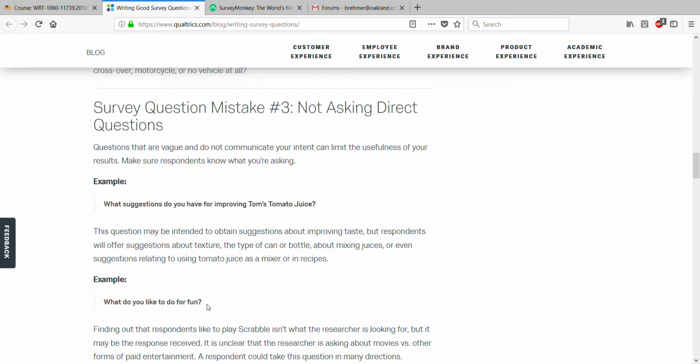The thing is, if you offer everyone a fill in the blank, even for closed-ended questions, people might write a lot and then you have to analyze it. And they might also fill in answers that just don't match. For example, I had students in a class ask closed-ended questions. They were good questions, but they just let everybody fill in the answers instead of offering them multiple choice answers. And for gender, somebody wrote in sex, chicken, robot. And of course that's not a gender, but they couldn't even use that person's survey.